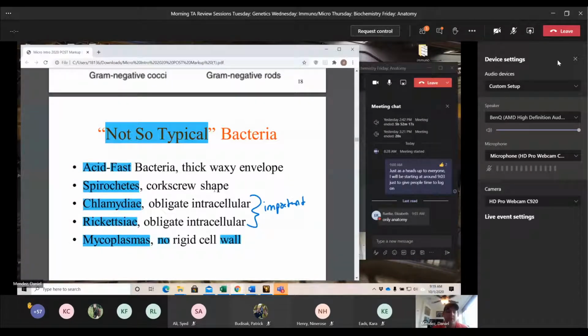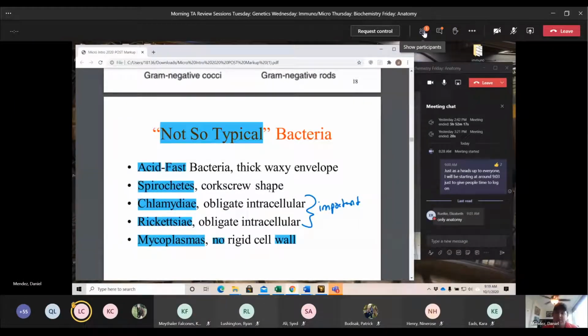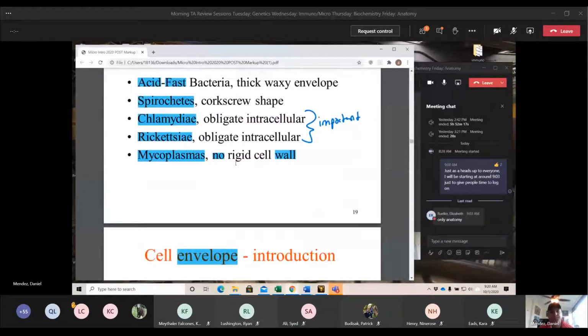And then mycoplasma, because they don't have any sort of rigid cell wall. Usually what they do with a mycoplasma is what's called a negative stain, which stains everything except for the cell, so then you can see it more clearly. There are other sorts of growing media and other tests that are used for these bacteria because the gram stain doesn't work as well.